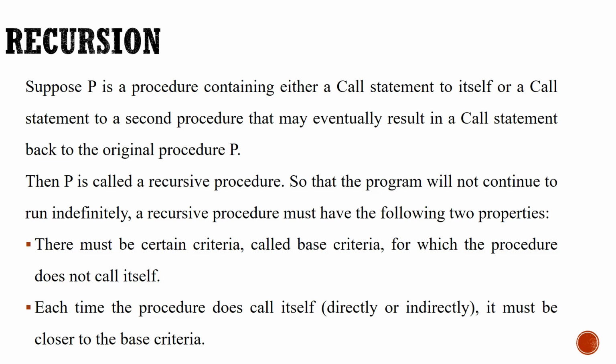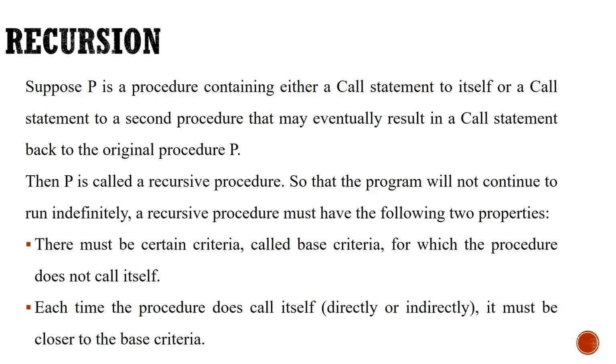So in this case, what happened? We have a function called ABC, and in the coding part of that function ABC, there is a call to the function ABC again. That is, that function is calling itself. Such a function call will be called a recursive function call, and it is a direct recursion.